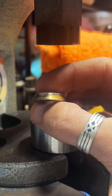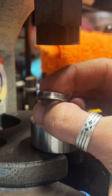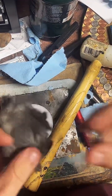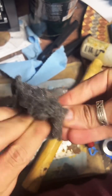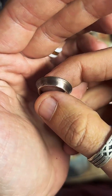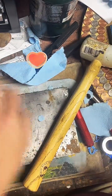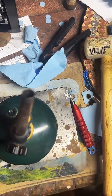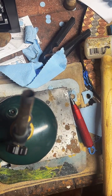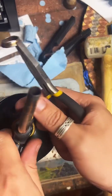It's looking pretty good. When you started, was it hard to do? I mean, they definitely weren't as pretty as they are now. It's taken a lot of repetition to really figure out how to get the best looking ring. But yeah, it's always been hard. It's not the easiest thing. I still mess up to this day. You got to take your time. Don't rush. Rushing is your enemy. That's for sure. And annealing often helps a bunch. So we're going to go ahead and anneal this again, because as we work hard,